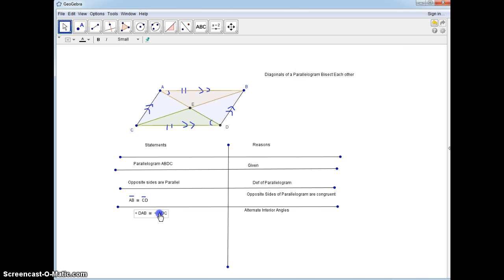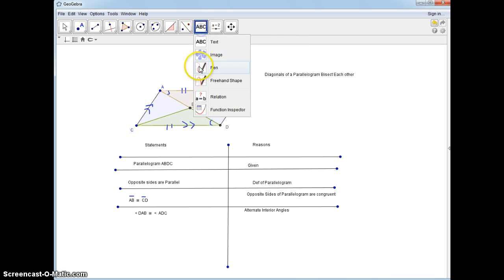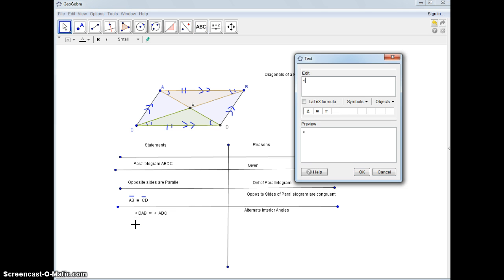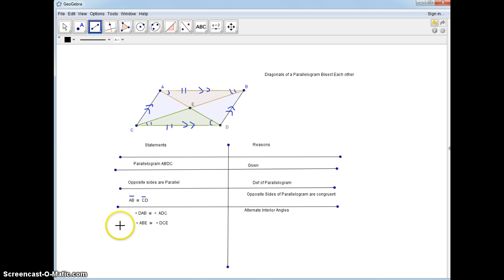And so let's see, there's also one more pair of alternate interior angles, and they're right here. See, these are parallel, this is a transversal. So I can say, this is so much fun, I can say the angle ABE is congruent to angle DCE by alternate interior angles. And now we have enough information to say the top triangle is congruent to the bottom